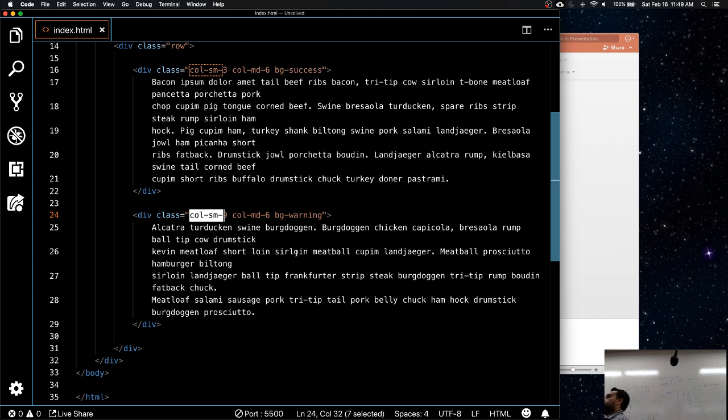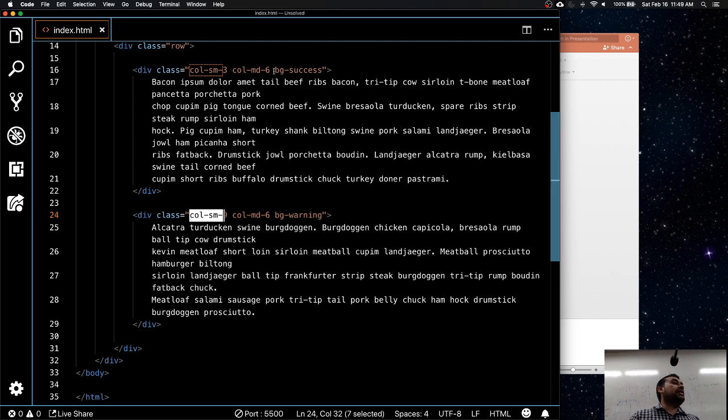Yes, Kristen. If you have medium set at 6 and 6 and you want to continue that on for large and extra large, you don't actually need to write large and extra large. Everything above is valid for small and above, unless you specify something. So if I specify medium, now I'm going to stop at small. Medium is valid for medium, large, and extra large. So it's going to continue. If I put large over here, then it's going to be valid only for large devices.